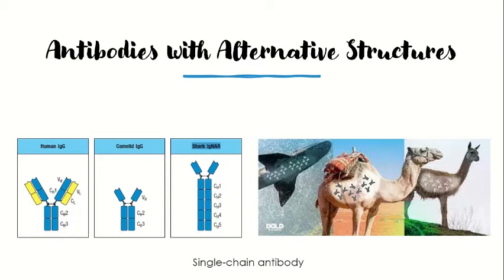Not only this, but some fishes as well, like the cartilaginous fishes, also produce antibodies that are known as new antigen receptors, which are heavy chain only antibodies in which the variable heavy domain is spliced to the CH1 exon rather than the CH1 exon being spliced out as in the case of camelids. And this suggests that the development was a result of convergent evolution. So the ability of the camelid variable heavy domain to interact efficiently with the antigens is a basis for the production of so-called single chain antibodies.